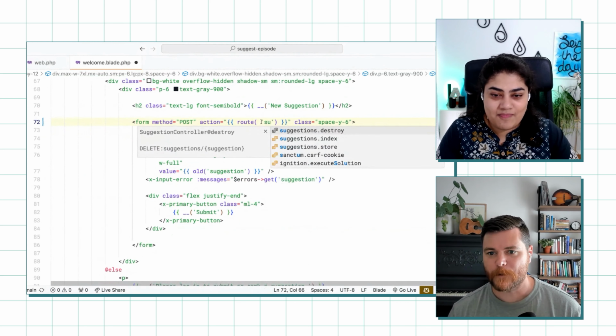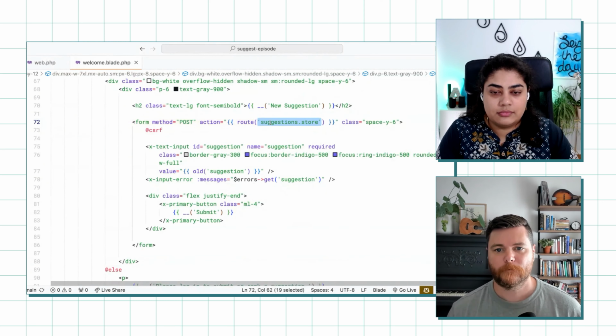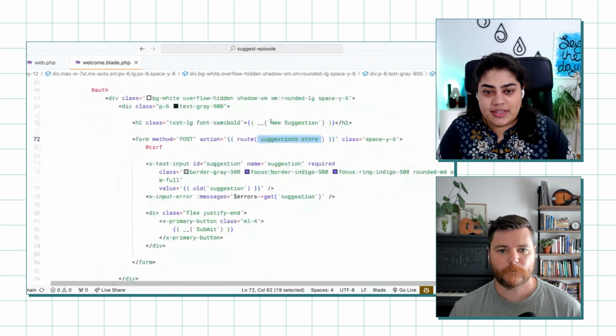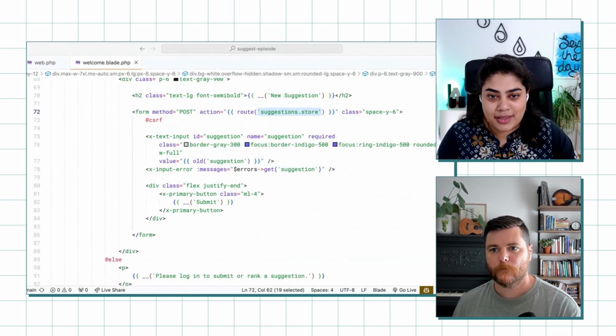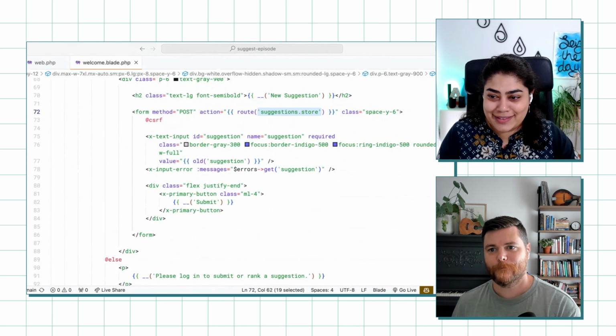So yeah, it can. You start typing and it actually scans your code and knows all the different routes that you have, so you can get through them pretty quickly. Cool. So you have a suggestions.store route, which I'm guessing is the way that it saves, aka stores